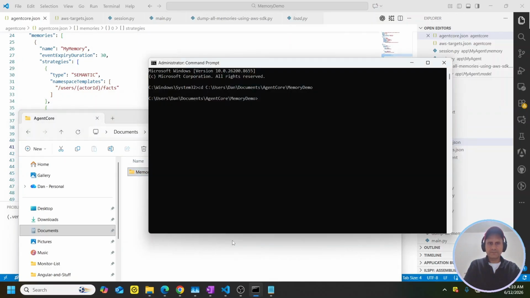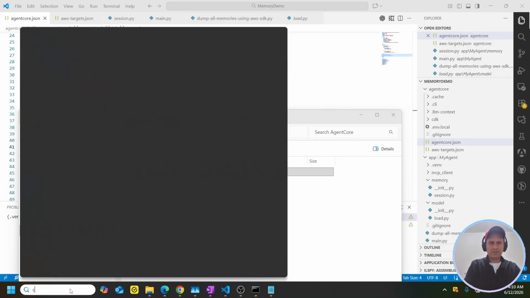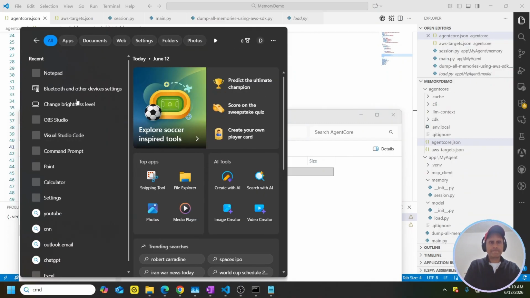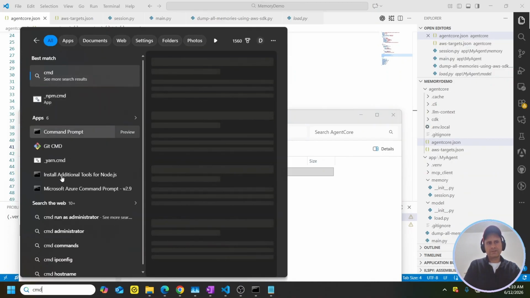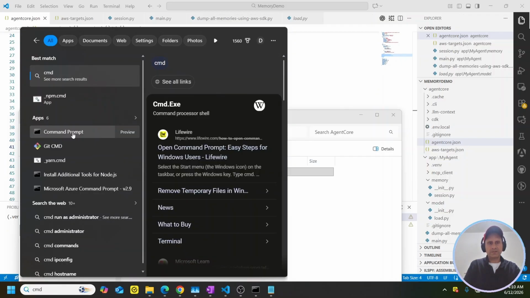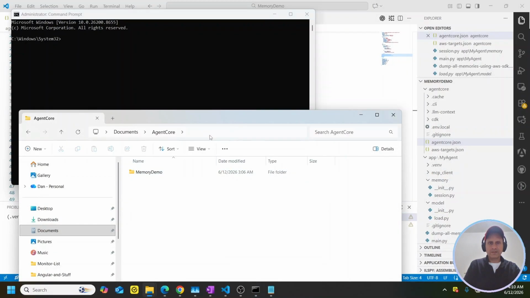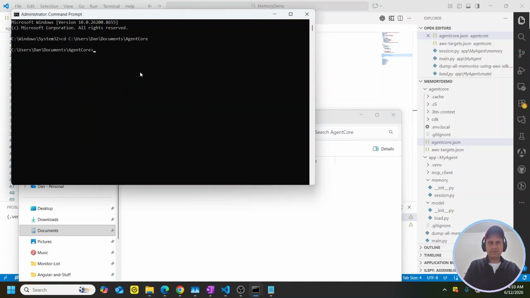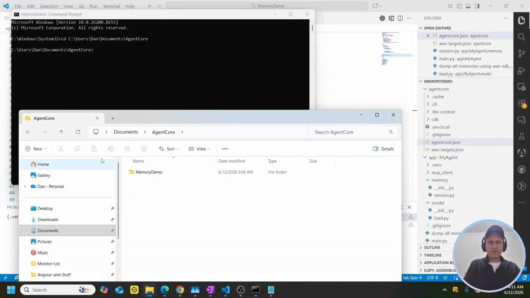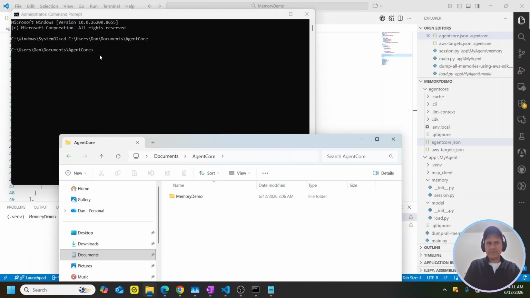I'm going to run this as administrator. And I'm going to go over here. Okay, right over here, I'm going to create a sample project and I'm going to add all four memory strategies, and